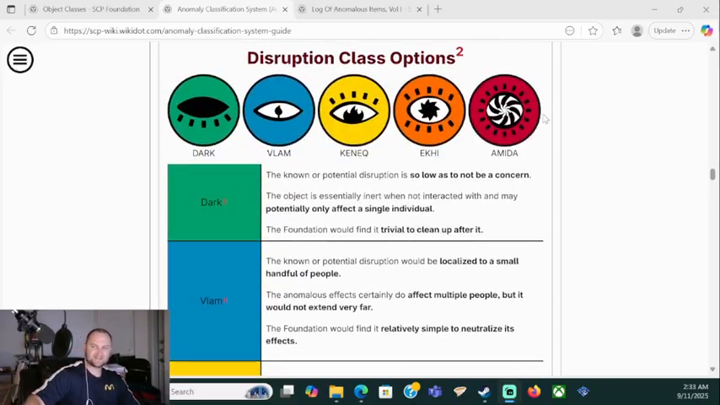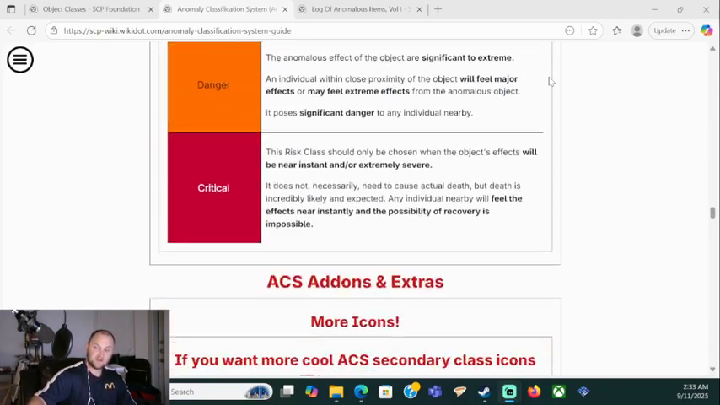So, with regard to the risk and disruption classes, basically, just because something has a high disruption class does not necessarily mean it has a high risk class, and vice versa. So something can be incredibly, incredibly dangerous, but on a practical level is not very noticeable. So if you had an object that basically instantly vaporized any humanoid entity that came within 10 feet of it, it would be critically dangerous, but